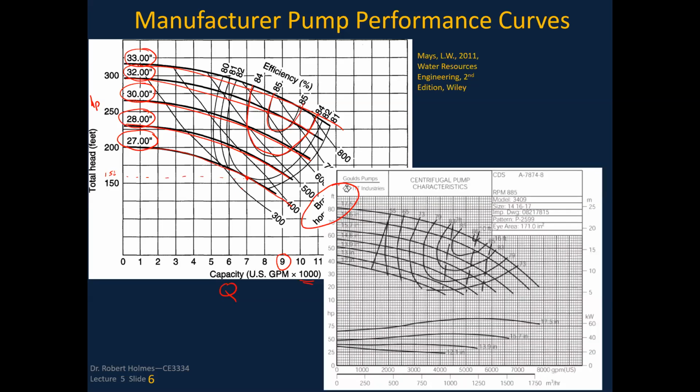All right, this is another pump head capacity curve that's put out by Gould Pumps, and it's just slightly different. You still have the pump characteristic curves. Here we start with a 12-inch, goes all the way up to a 17.5 diameter pump. You've got those pump curves there, and then you've got your efficiency curves here with these straighter lines,